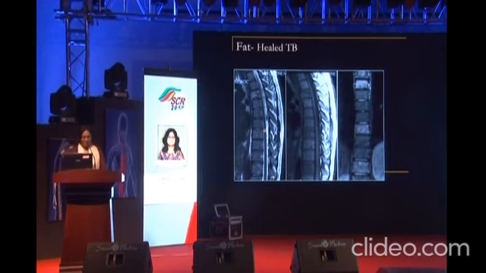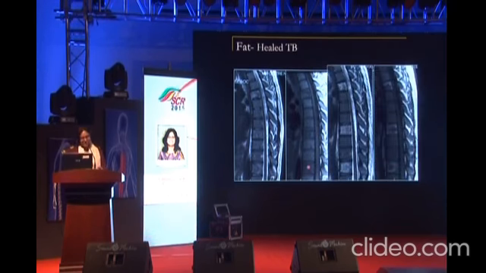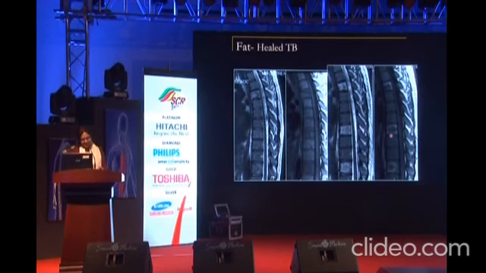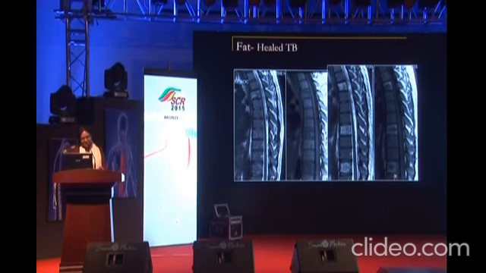Okay. Yeah. So this is a T2 weighted image. This is a T1 weighted image. This is a STIR sequence. So we have multiple lesions in the vertebrae which are bright on STIR and slightly dark on T1 weighted image. After this patient completed his entire course of anti-tuberculous treatment, you can see on T1 weighted image, these dark lesions have now been replaced by fat. That means this is healing.